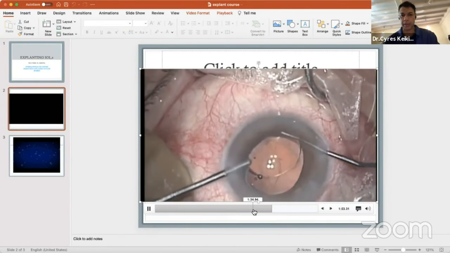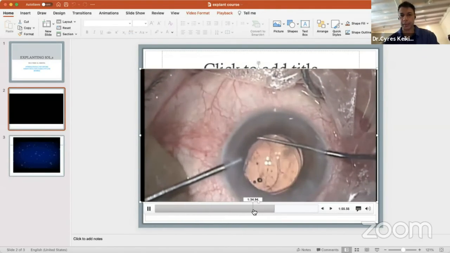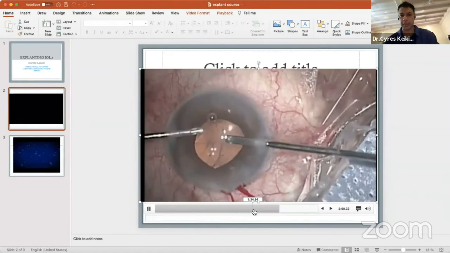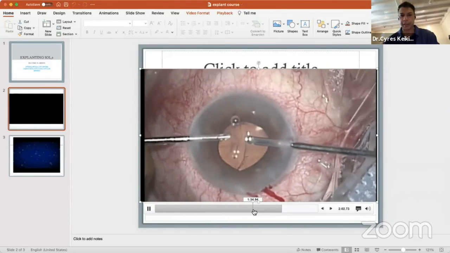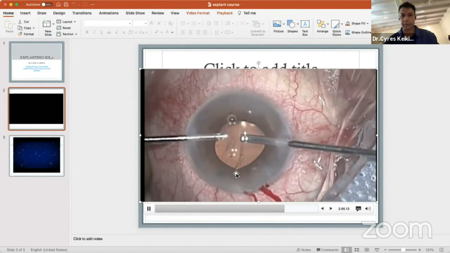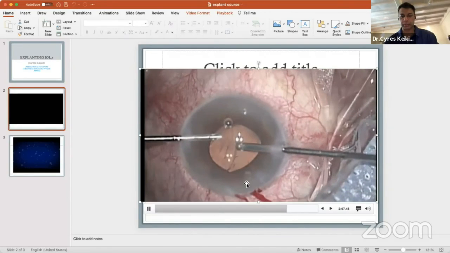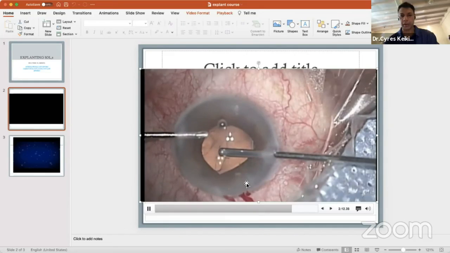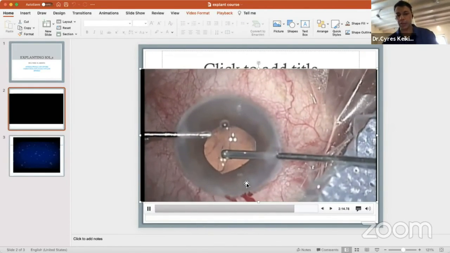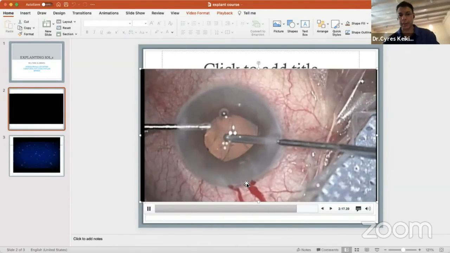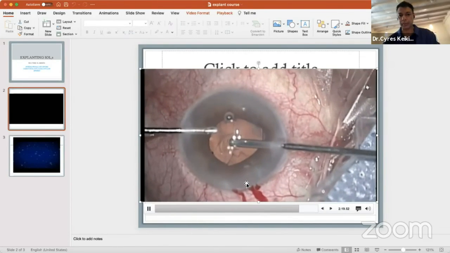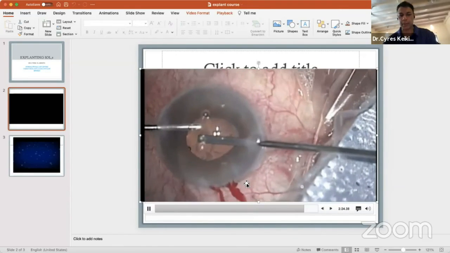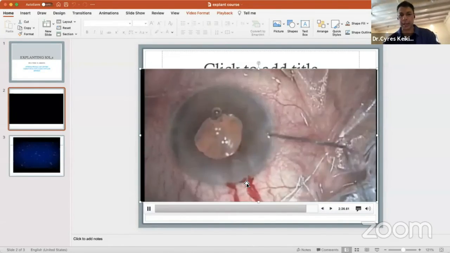Because remember, you are going to have a little bit of vitreous, and the longer you wait and the more you decompress the anterior chamber, the more vitreous will come into the AC. So you have to use a vitrector. Now you can see the pupil is peaked here. So you must use your vitrector, or if you can't really tell where the vitreous is, you must put triamcinolone acetate and stain it. You can see the Visco is coming back out and the pupil has become nice and round. So you can manage it like this.